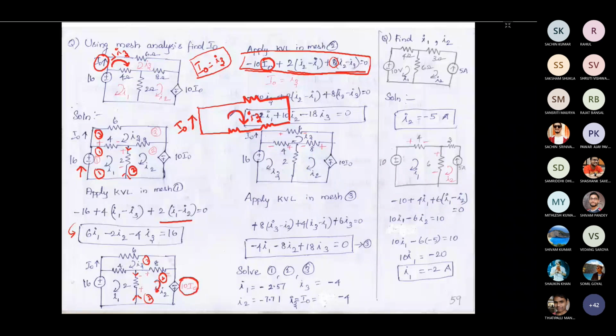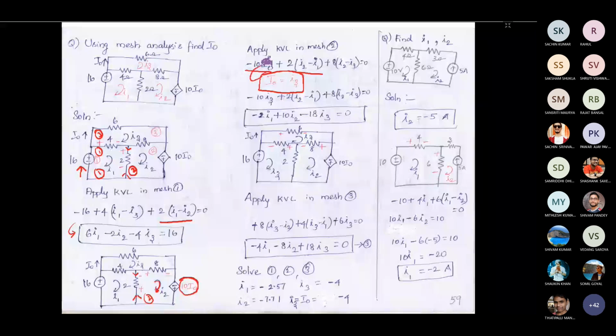Okay. So if this is the current direction of I3, it is going to flow here, right? So this is I3. This is our assumed direction. So in the same path, different currents cannot flow as per our previous discussions. So in that case, I naught will be the same as I3. And the current direction is also the same for both the assumed one and the one given in the question. So I3 will be equal to I naught. So I have taken I naught equal to I3 and substituted here.